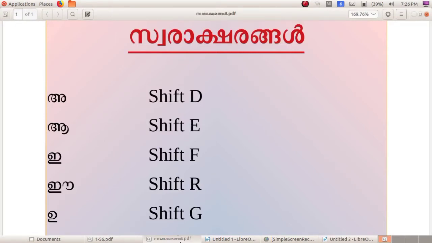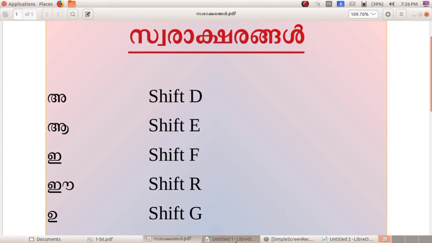I hope that you all know how to write Swaraksharangal, isn't it? The first letter is A. How can we type A in our LibreOffice Writer? The letter A can be typed by pressing the Shift button and then the D key.